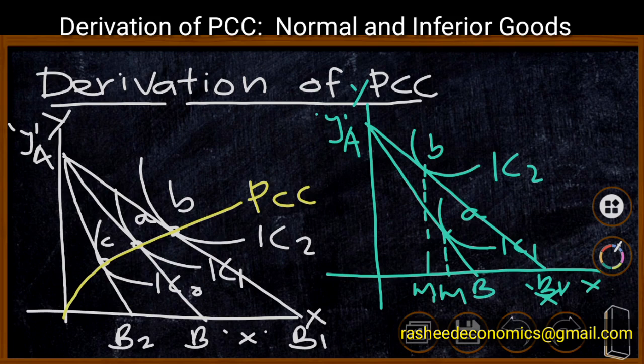Here, as we compare the consumption points A and B, point A is on a lower indifference curve and point B is on a higher indifference curve. Here the demand for product X decreases, but that of product Y increases even without a change in the price of product Y.